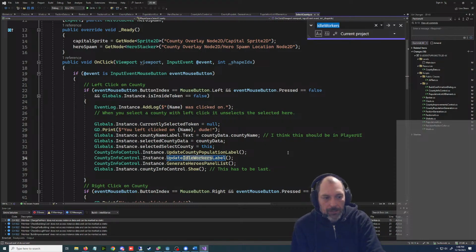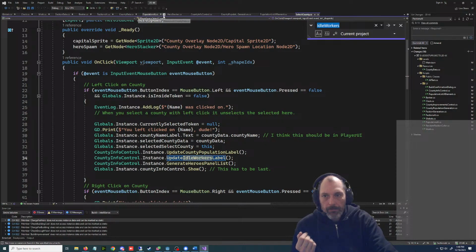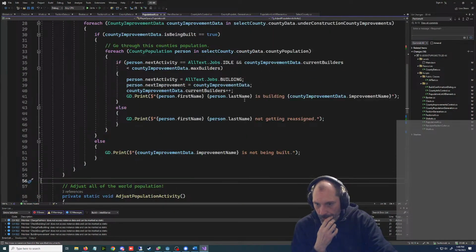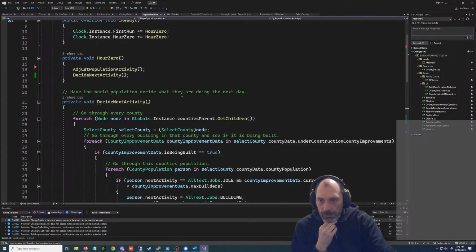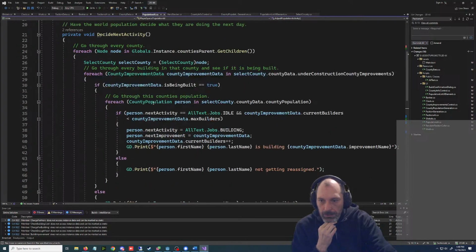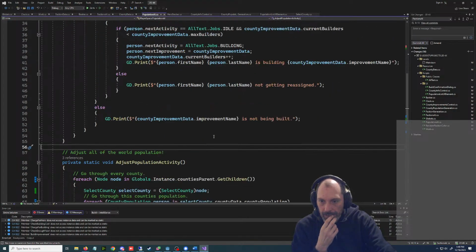So we only need to count occasionally though. So we need them to count in the morning as well. So this is hour 0. Decide next activity, because they're not going to be idle.